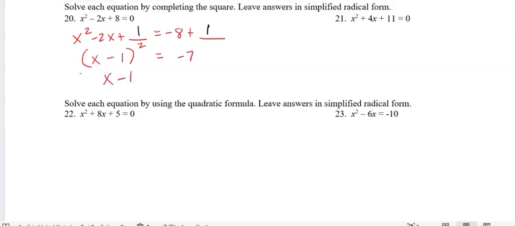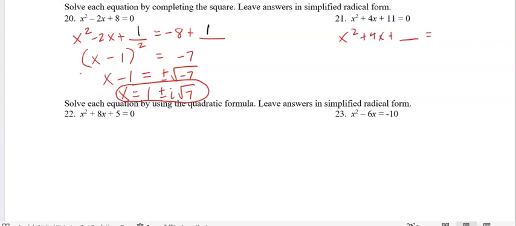Now we do the square root of both sides. Don't forget plus minus. And now I'm going to simplify. You should never leave a negative number under a square root, so use the number i to simplify in cases like that. And that's our answer for number 20. Number 21,